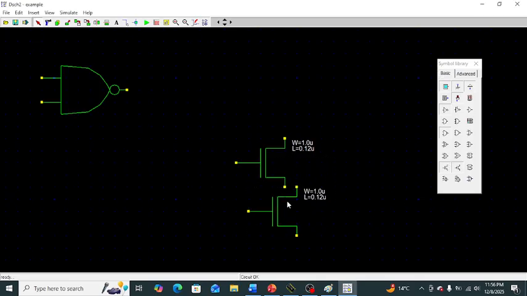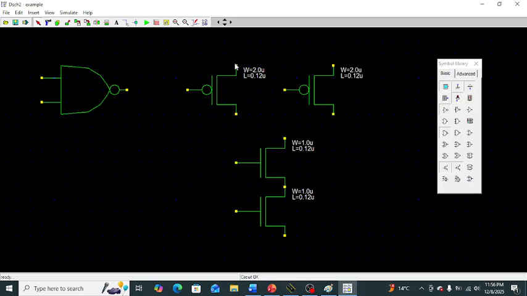Suppose we have to simulate the NAND logic gate. See, this is the NAND logic gate. NAND logic gate has two inputs. For this we have to take two NMOS and two PMOS. One input needs one NMOS and one PMOS, so two inputs require two NMOS and two PMOS. This PMOS is used to form the pull-up network and NMOS is used to form the pull-down network. So NMOS is connected in a series network and PMOS is connected in a parallel network for designing the NAND logic gate, and the input which is connected to NMOS is also connected to PMOS.